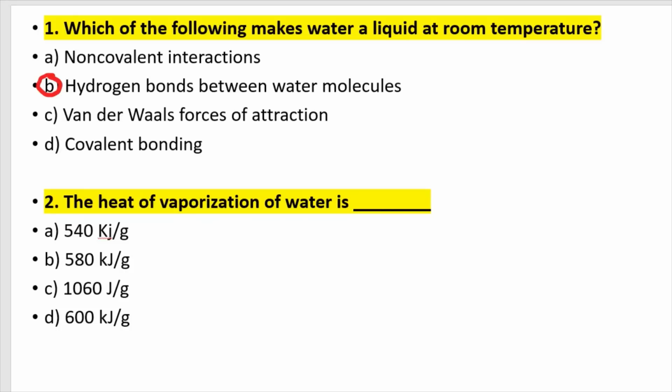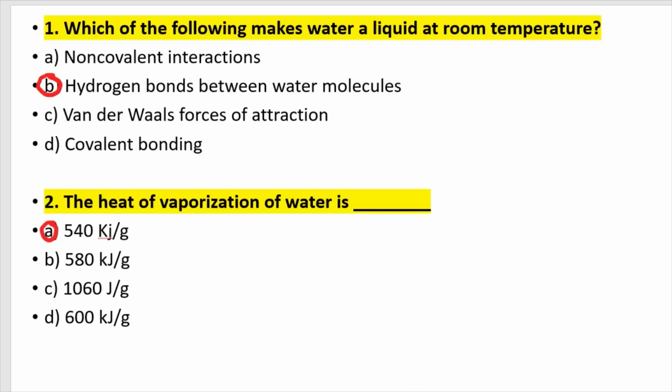Van der Waals interactions, there are no Van der Waals interactions. Covalent bonds are intramolecular bonds and they are not intermolecular bonds. Okay, let's move on. The heat of vaporization of water is 540 kJ per gram, 580 kJ per gram, 1060 joules per gram, 600 kilojoules per gram. So the answer is this one here, 540 kilojoules per gram. This is the heat that is required for 1 gram of water to turn